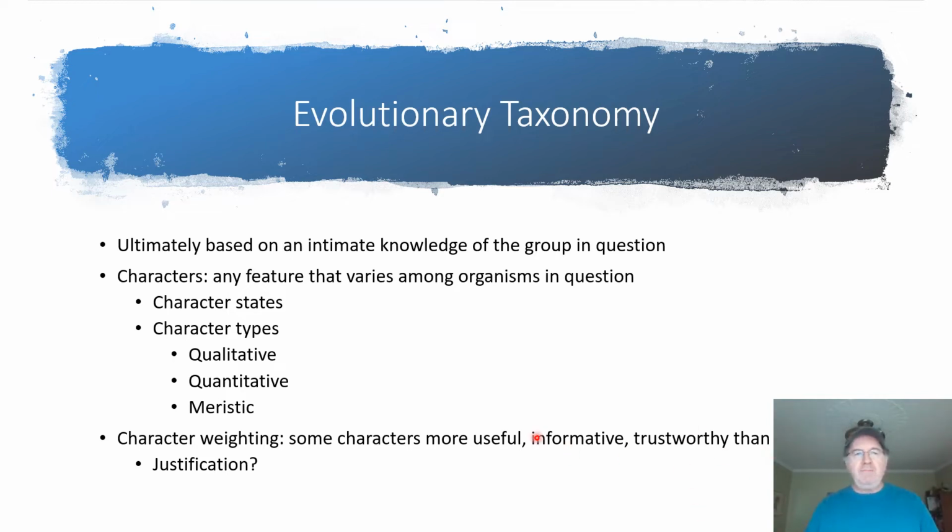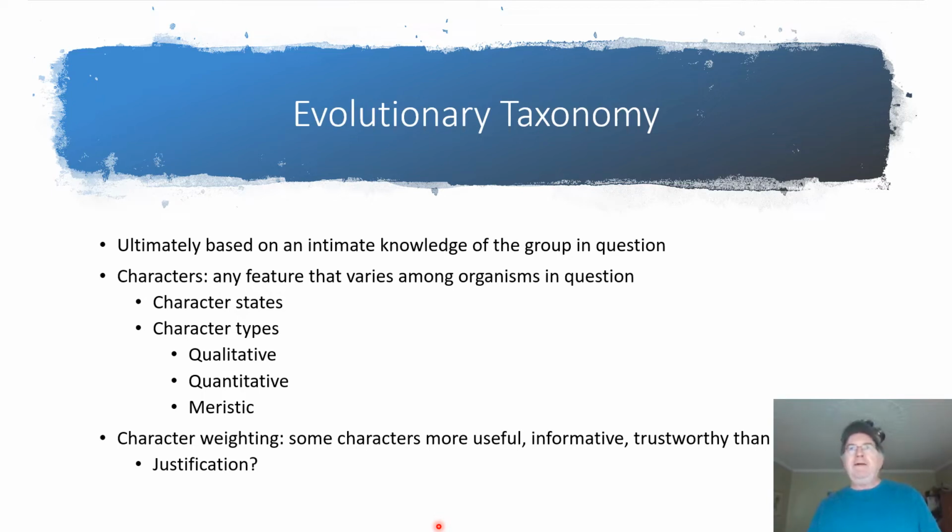So in my simple example, the different colors, as long as I can immediately distinguish them. Of course, you can also think of color differently. You could measure the spectrum, the reflectance pattern of the feathers, and actually quantify the wavelengths of light that are absorbed or reflected by a particular structure. And so perhaps the difference between qualitative and quantitative characters is not absolute. Usually with quantitative characters, we're talking about things that can be measured. Typical examples might be body length, tree height, the area of a leaf, those kinds of things that we can measure.